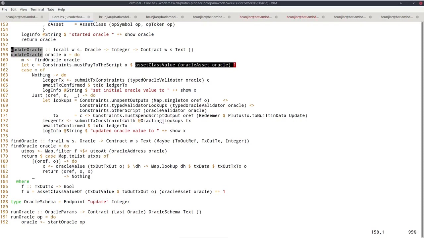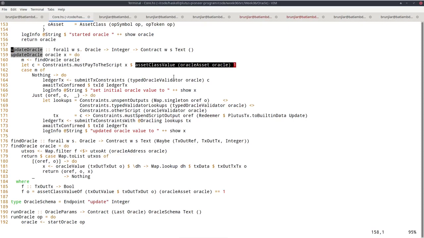There's also a variant that's called must pay to other script, in which case I could pay to an arbitrary other script. And actually we use that down here, so I can talk about that there. So anyway, the datum is x because this was one of the parameters, the value we want to set the UTXO to, the Oracle, and the datum, and the value is we want to attach our NFT.